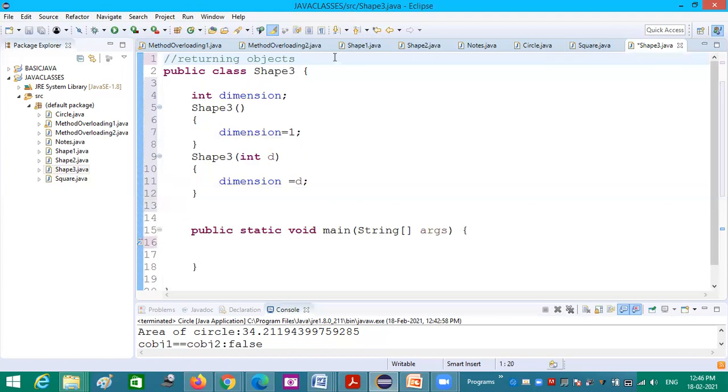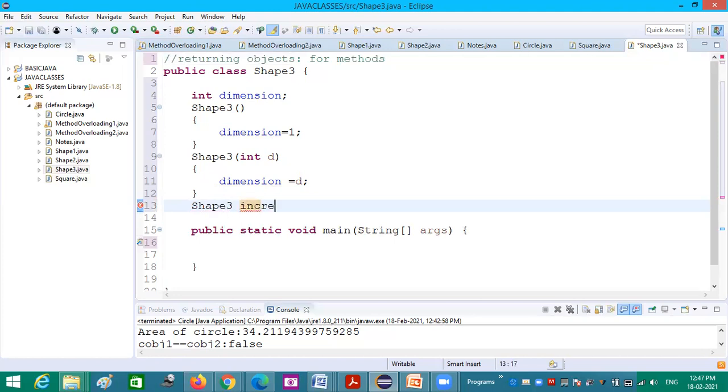But here we have only one choice. Can you guess why? For methods only. Can anyone guess why? Returning objects for methods only. Nobody could guess?